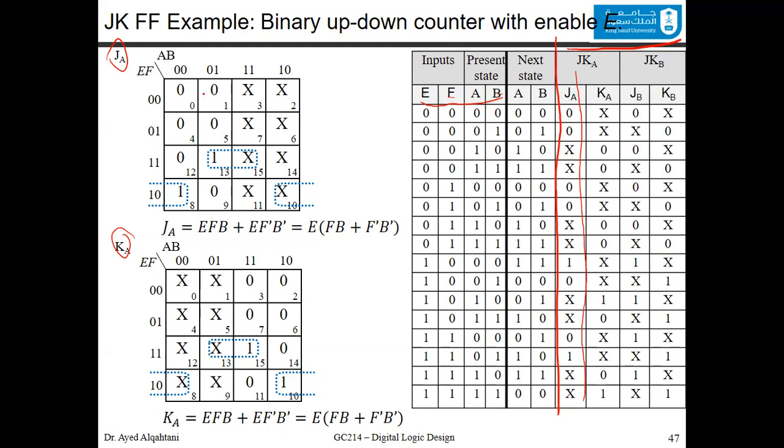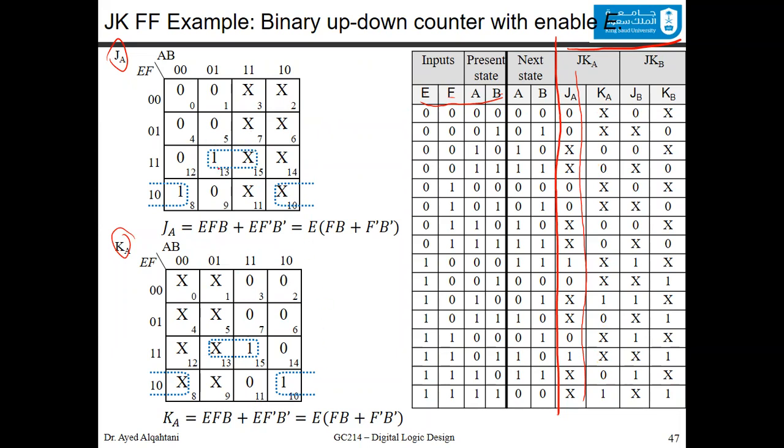You fill it as 0, 0, X, X, 0, 0, X, X, 1, 0, X and X. Notice the jump, 0, 1, and then X and X. You can see that the don't care here is helping a lot in optimization. You also fill the K of A in the Karnaugh map over here, and you can see